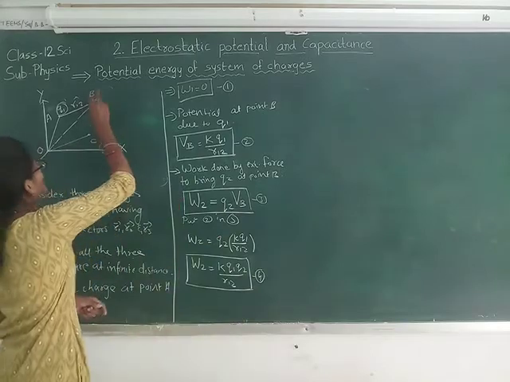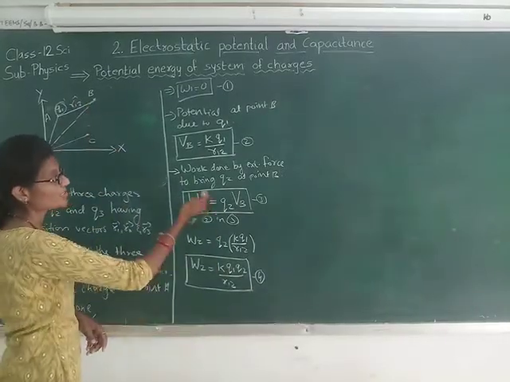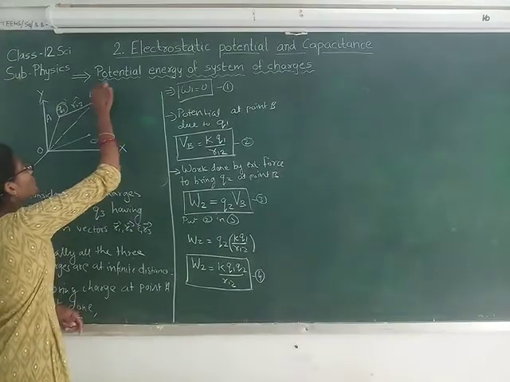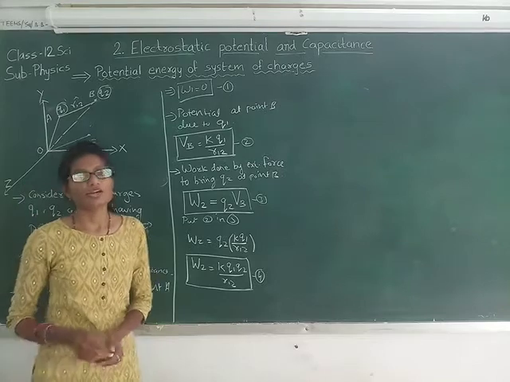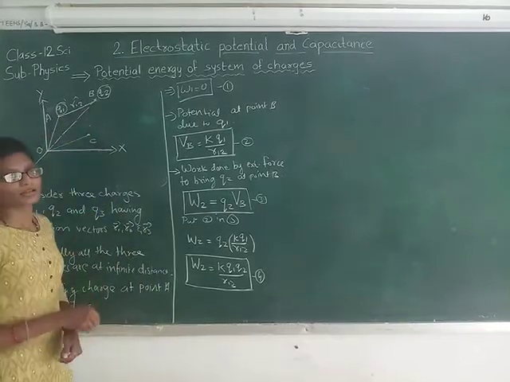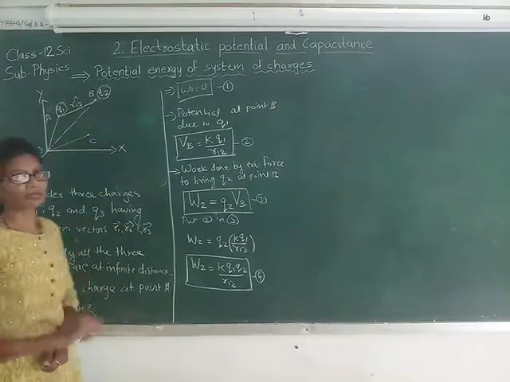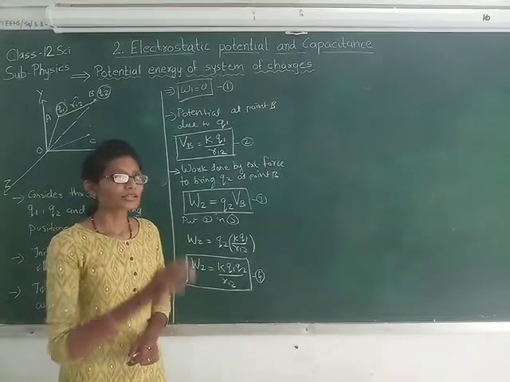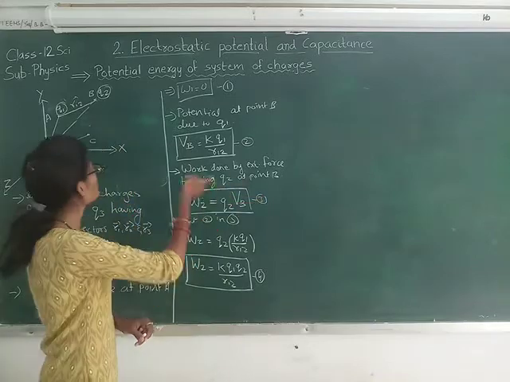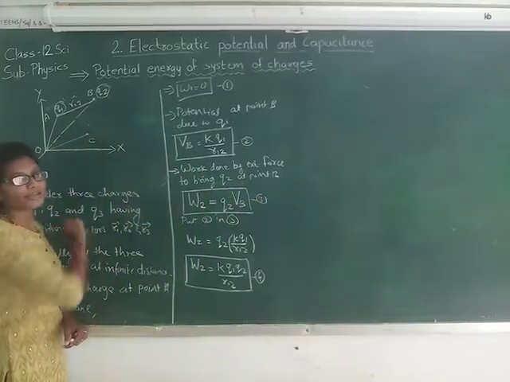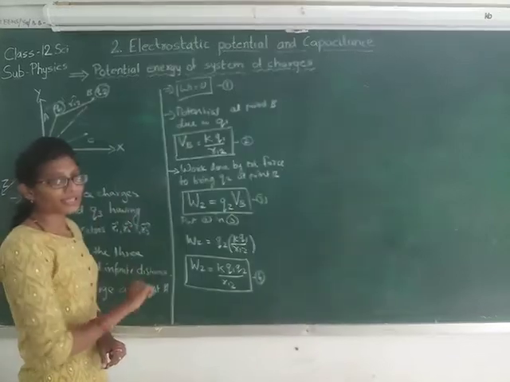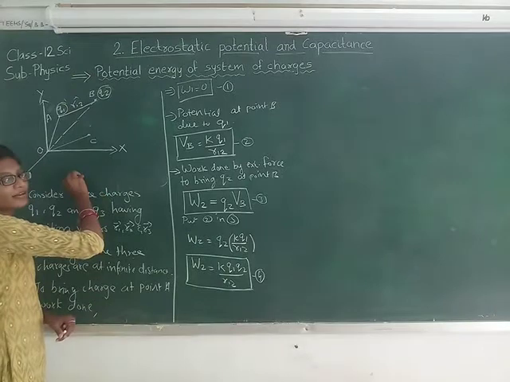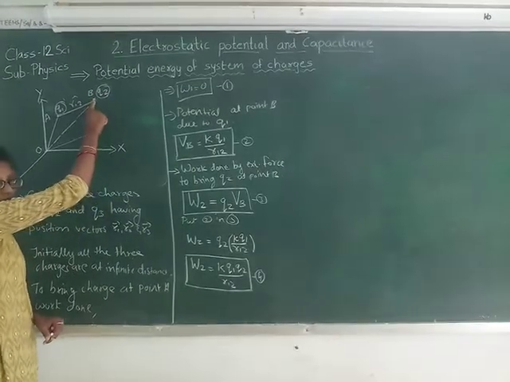Okay. Now work is done to bring the charge Q2 to point B. So let us place this charge Q2 at point B. Right. So two charges have been placed, Q1 at A and Q2 at B. Now what is to be done? Now the third charge is remaining. Where is that third charge? It is at infinite distance. Now we need to bring that charge over here to point C. But before bringing that, let us see the electric field that is over here. Right? Now we have brought the Q2 charge also over here.